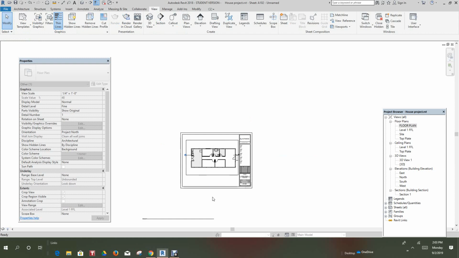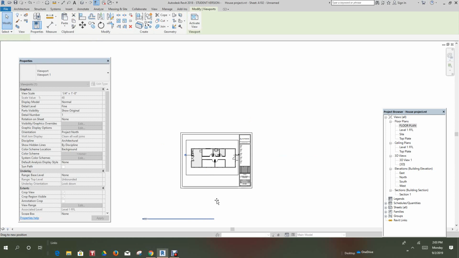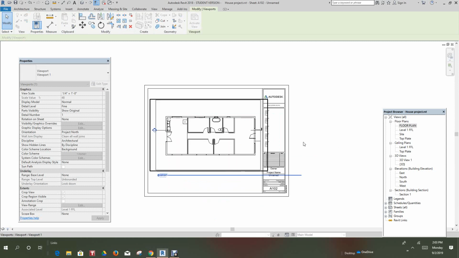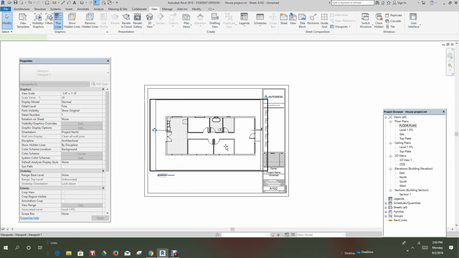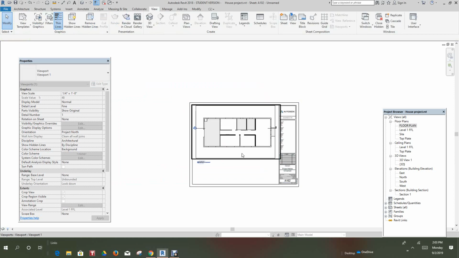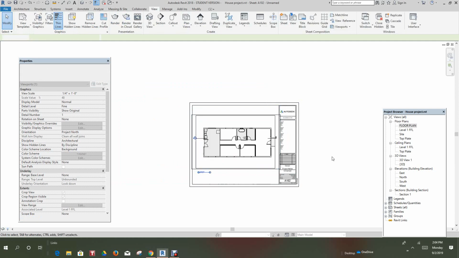And then we want to bring our title up, so we just select the view and just drag this up here. So about right there will do. That's our floor plan. Take that, drag the little dot, and pull that across, and there's our floor plan. And just center that about however you like. Okay, now